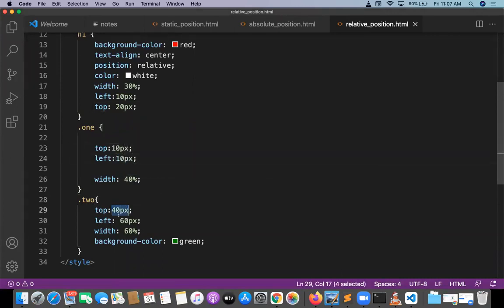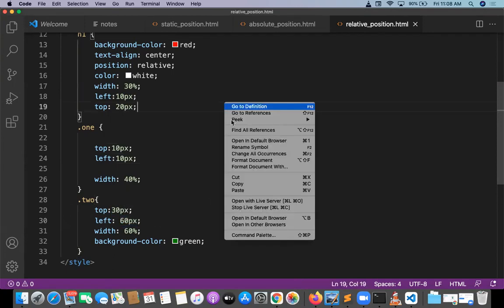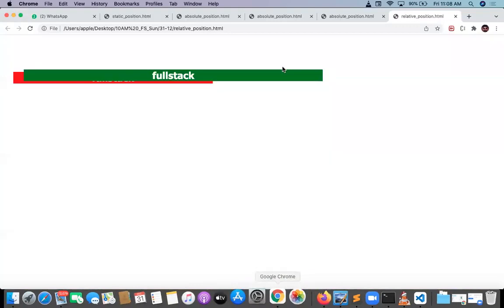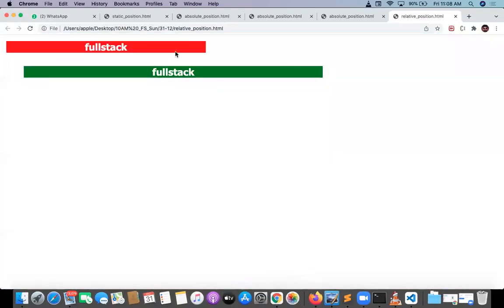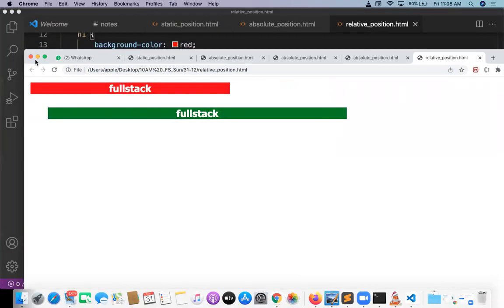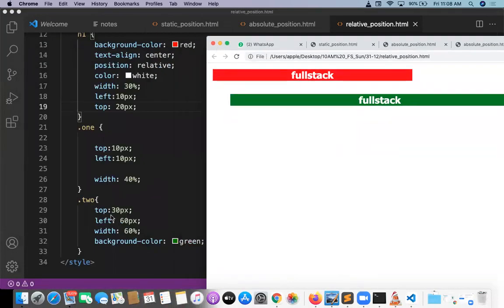And for this second element, top value is 30 pixel and left value 60 pixel. No problem. Okay, now you see the two elements are going to be arranging one on top of another. That is possible, but the second element is taking top value 30 pixel from